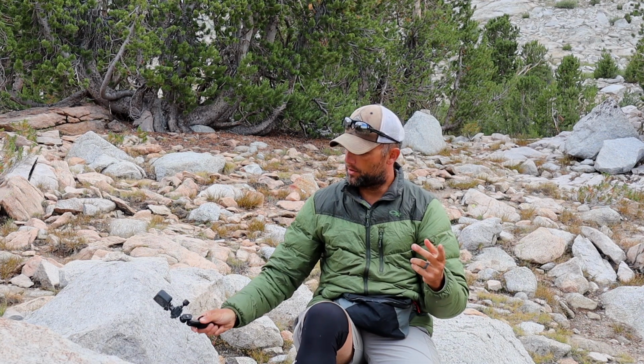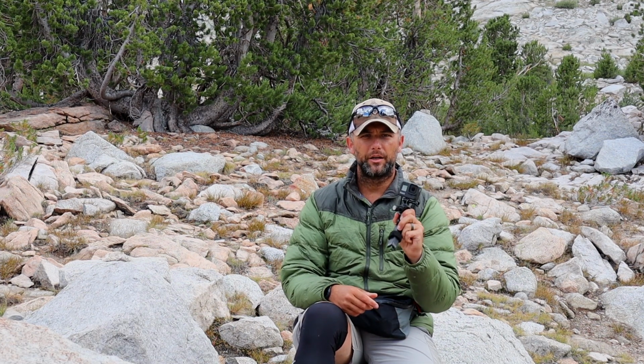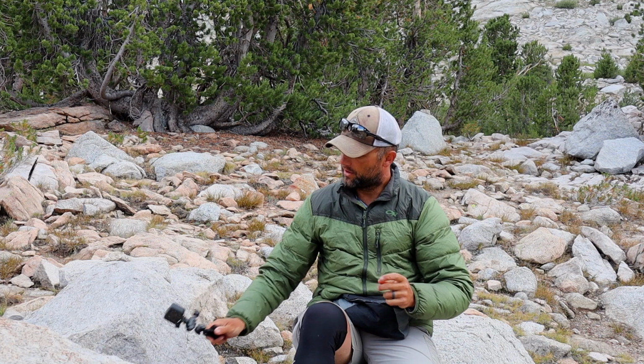So let's talk about the magic behind the curtains for these two cameras. We'll talk about power first. So with batteries, you know, they always say that you pack your fears, and I'd like to think